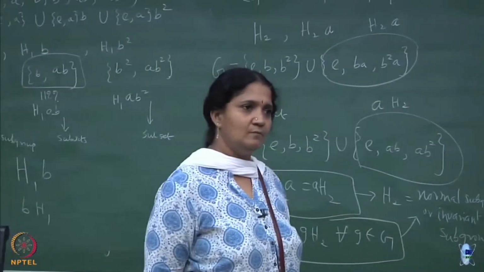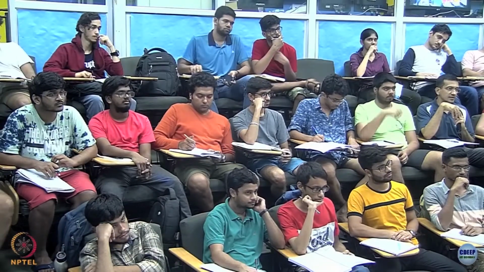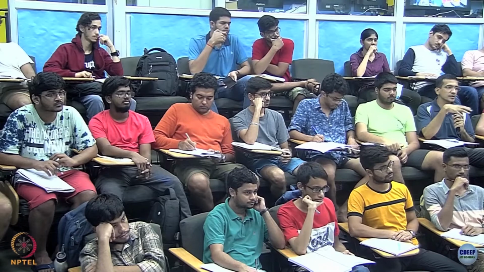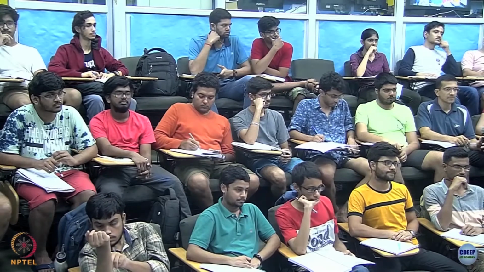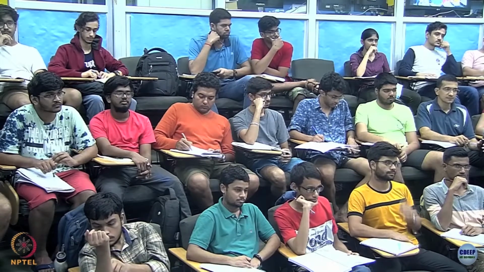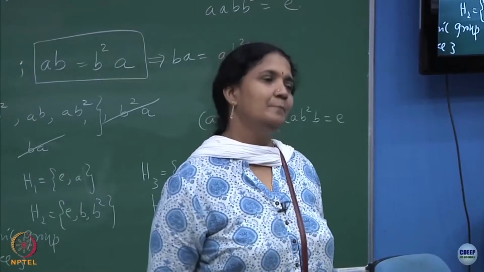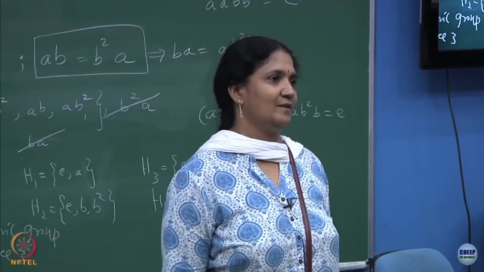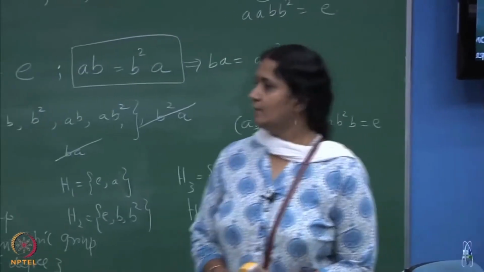But they would not be equal for some other element, is that possible? Then it is not an invariant subgroup. For the identity element, for example, if you take G to be identity element, left coset is same as right coset. So there could be some trivial situations where there are some commuting elements, they may satisfy left coset equal to right coset, but not all the elements will satisfy. Yeah. Any other confusion? Is that fine?